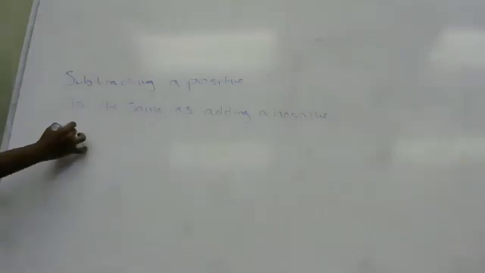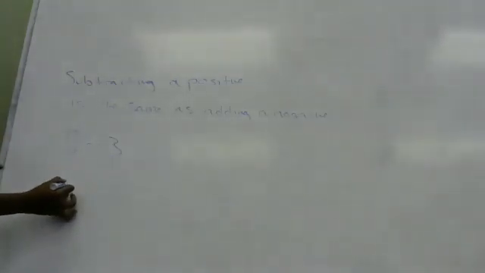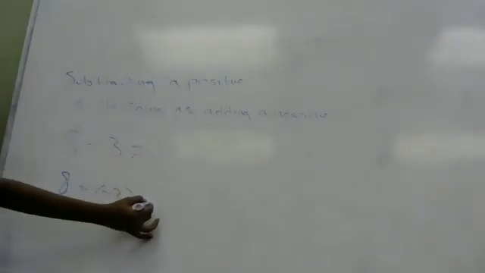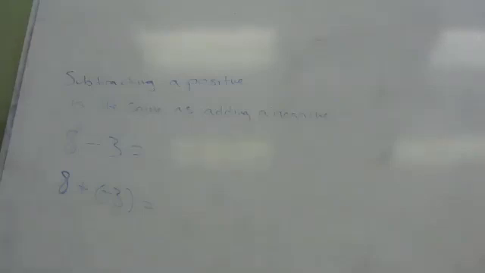Now, what does that mean? Say I have 8, and I want to subtract a positive number 3. If I subtract positive 3, it's 8 minus 3. But say I have 8 again, but this time I'm going to add a negative 3, 8 plus negative 3. Let's solve both of these and see what happens. So the first one, subtracting a positive, 8 minus 3 is